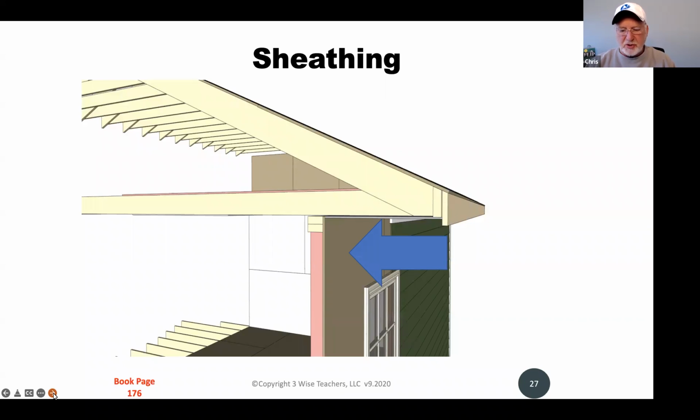Okay, sheathing. Now look at your arrow there. And again, this is a little bit tricky, but what it's pointing to is the side of the house. I think of the sheathing as being the skin of the house. So you have all of your framing done, your studs are in, the whole house is framed up. Now what the builder is going to do is come and put on sheathing. It's probably going to be plywood, or more than likely OSB, which stands for oriented strand board. But that's going to form the skin of the house. Once you have the sheathing on, a house really starts to look like a house at that point. All it's lacking is siding and shingles, and then it will really look like a house. So sheathing, the skin of the house.